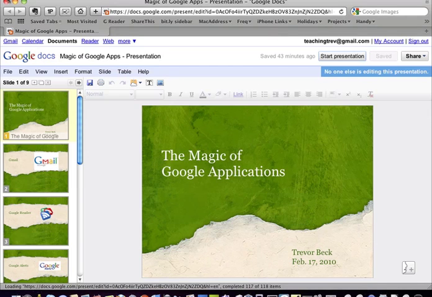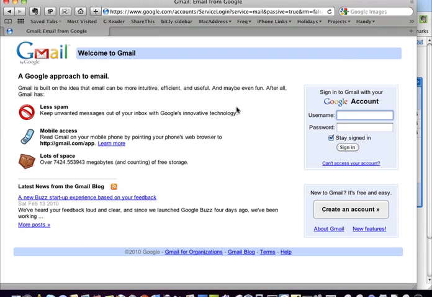So let's start with Gmail. www.gmail.com. Fairly standard email interface. I've got an account that I here called Teaching Trev, and we'll just log in here. As I mentioned before, if you don't have an account, it asks you right here whether or not you want to create an account. As I mentioned again before, it's better off to have your work email separate from your personal email. And this actually is really handy because later on when we get into calendaring and stuff like that, it will send you messages at this account. So it's better off to have them separate.